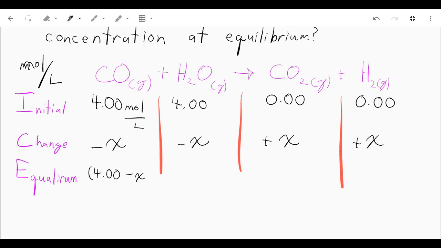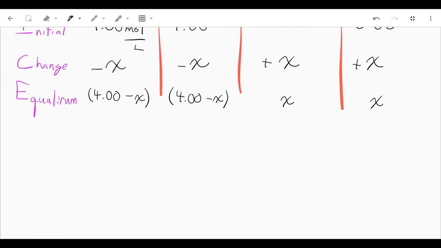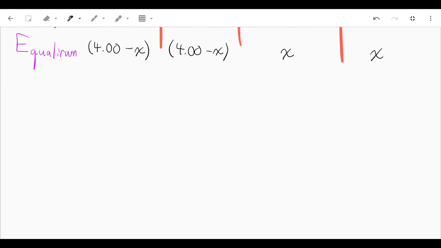For our reactants, they will both, at equilibrium, have a concentration of 4.00 minus x. And then our products will have a concentration of x. This doesn't get us any closer to numbers right away, but it is going to be key to solving for a number. The other thing we need when we're working with an ICE table is